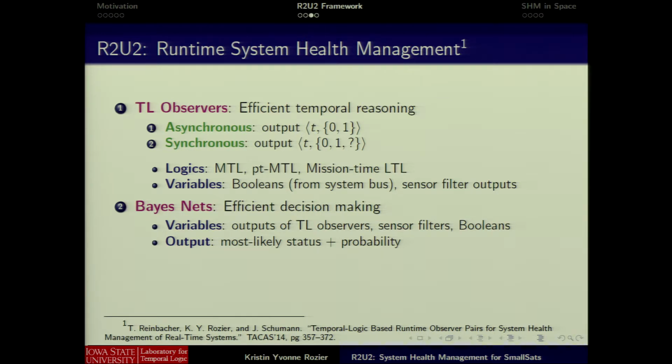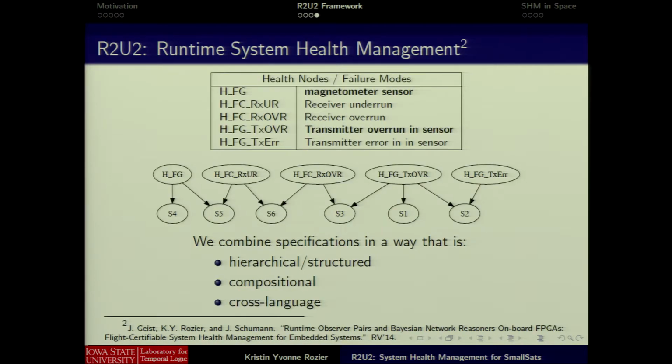So to give you a quick overview of what this looks like, which we implement in both hardware and software, here is an example pictorial representation of an R2U2 specification for a fluxgate magnetometer. From the manual of the fluxgate magnetometer, we know that it can suffer these 5 errors. And so we create 6 temporal logic specifications that describe different sanity checks that would be tells of these errors